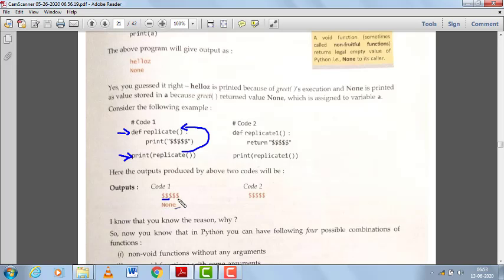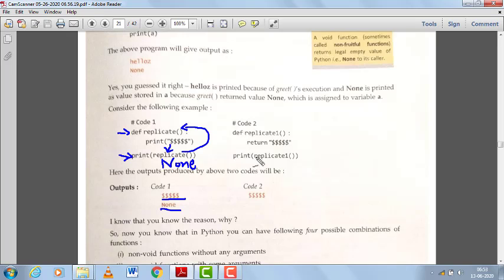Look at the output, 5 times dollar is printing here, and after this it will return something. We are not using the return keyword, that means it is again a void function, and it will return None in this case. N is in capital letter, so None will be returned and it will be processed by the print function, which will be called with the value None, and this None will be printed this time.